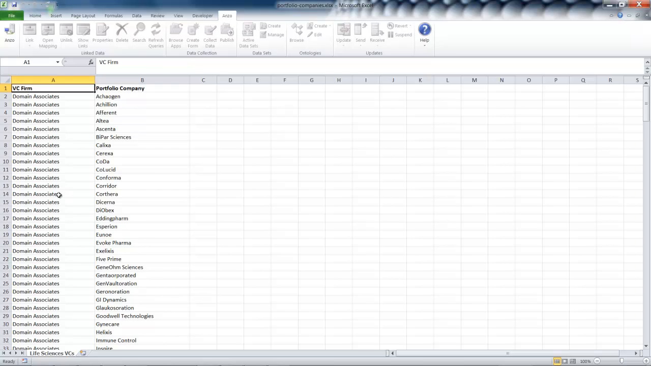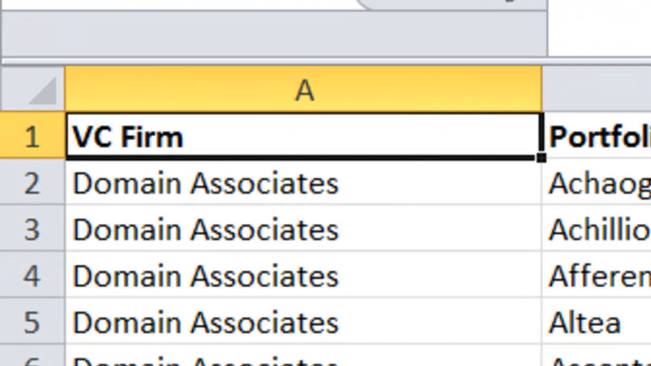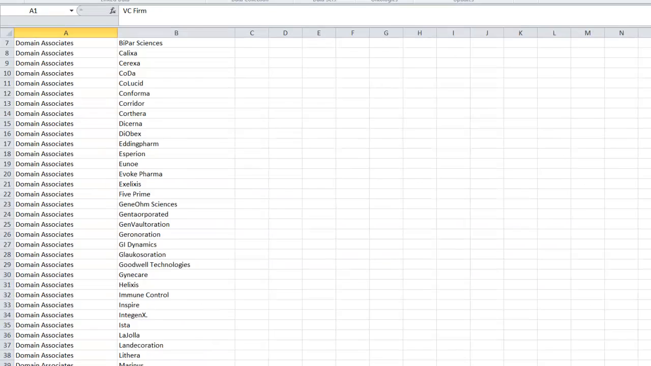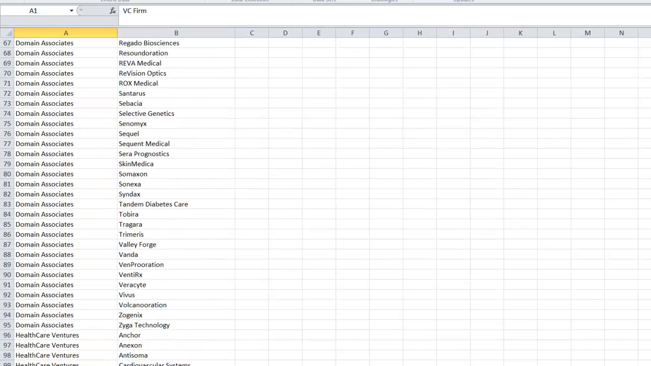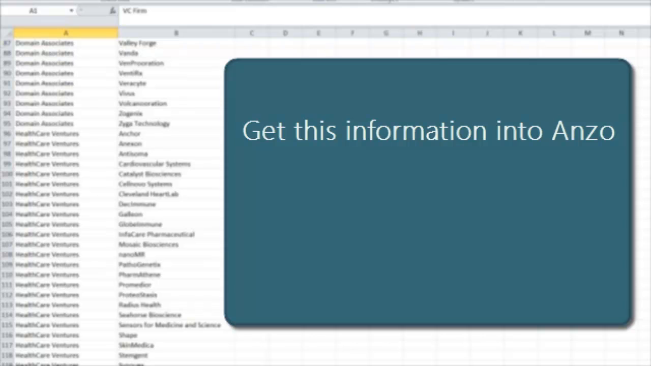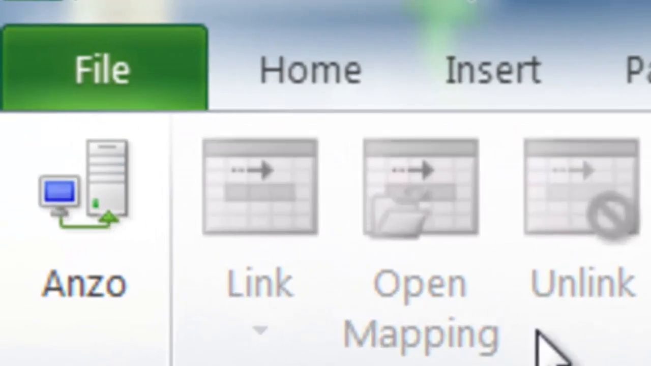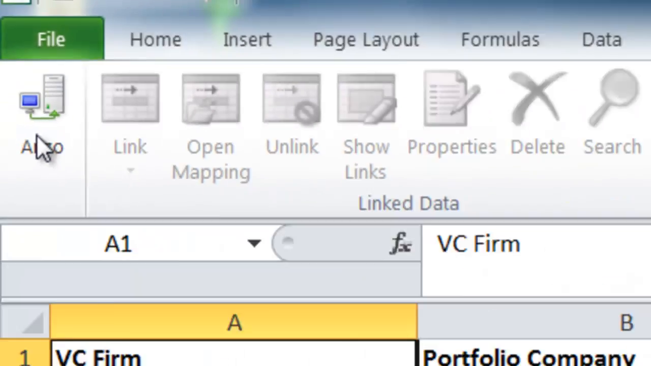What I've done is I've brought in a ton of different VC firms and their portfolio companies all into an Excel spreadsheet here. And what I need to do is get this information into Anzo such that I can start filtering the compounds and the drugs in development by the actual investors that have footed the bill for the research to date. So I'm going to log into Anzo right within Excel here,